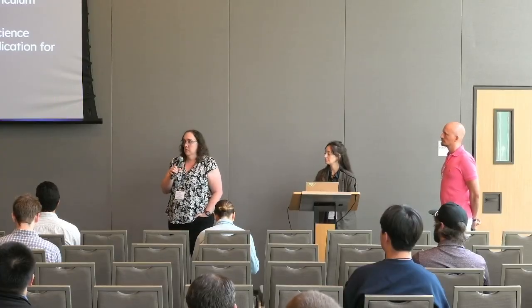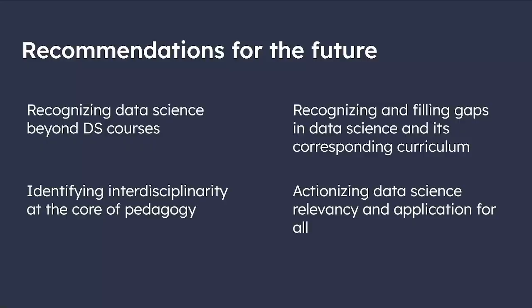So I know I've had students, like I said, in my AI class, coming from outside of the traditional data science disciplines who then go on to pick up a data science minor. And so a lot of the times these courses are, for lack of a better term, gateway courses into data science for students who wouldn't normally think of themselves as data scientists. Same thing with faculty. So our recommendations for the future are to have those conversations, reach out across disciplines to folks who wouldn't normally be in conversation with you about data science, and see where there might be opportunities to collaborate, for them to come in and teach maybe for your own program and things like that.